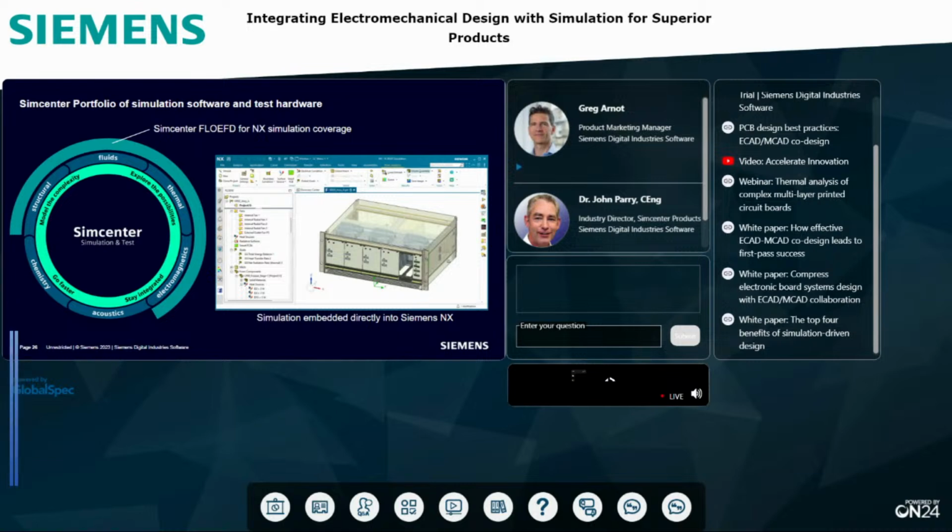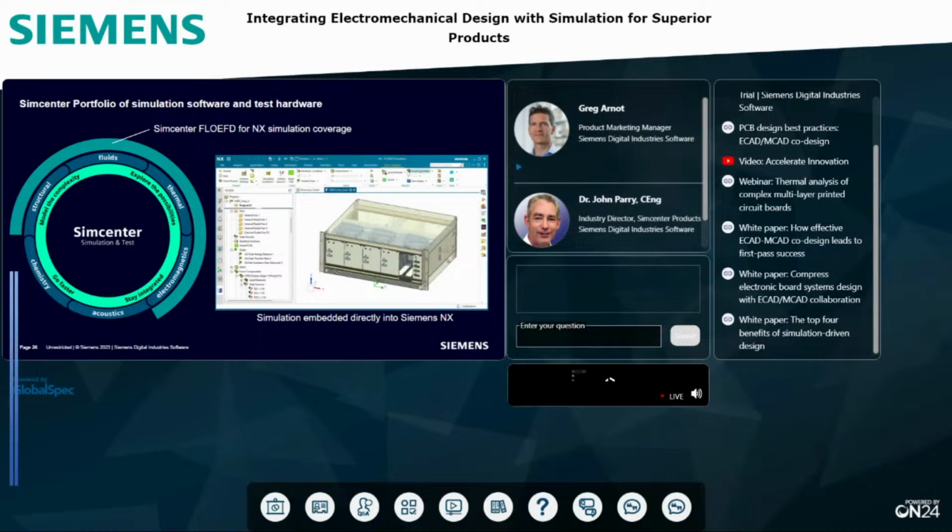You can see here how the analysis disciplines based in NX map onto that. What we've done is taken NX and simply extended it to include simulation. So it's the familiar NX environment, but with an extra flow analysis menu, a toolbar, and a project tree for